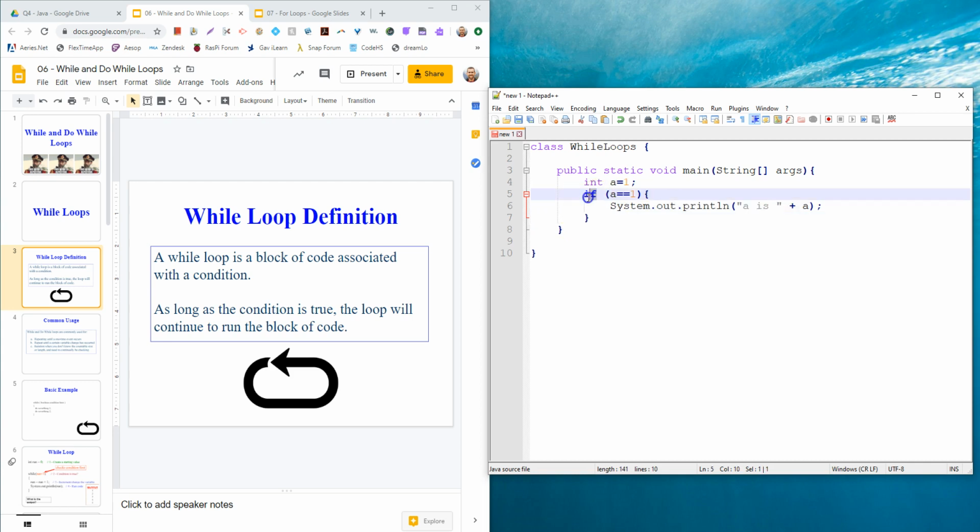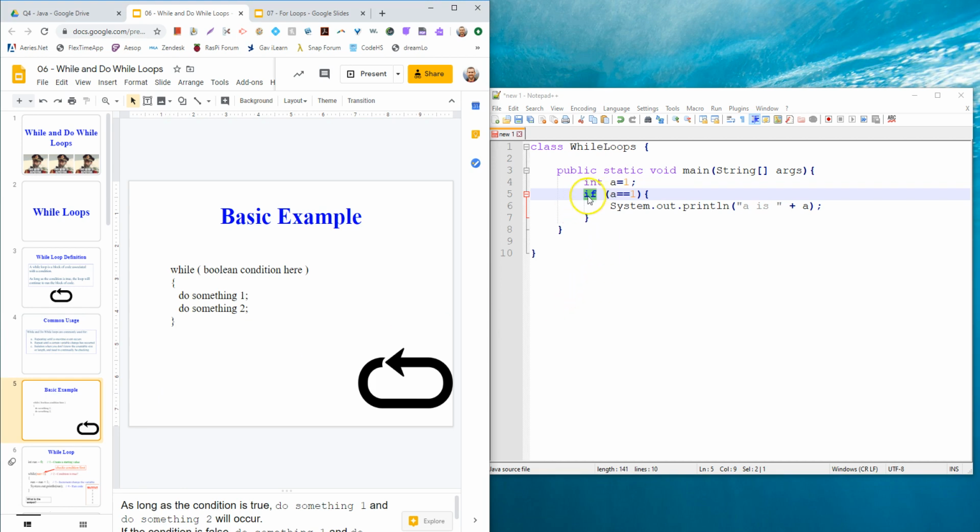So an if block simply says if this condition is true, run this thing one time. I'll go down to this basic example here. If I simply change this if to a while, it behaves exactly like the if statement, except it keeps running that block of code until the condition is false. So it'll check is a 1, then print, and then print again, and then print again. It's the exact same as an if statement, except instead of executing once, it executes over and over until